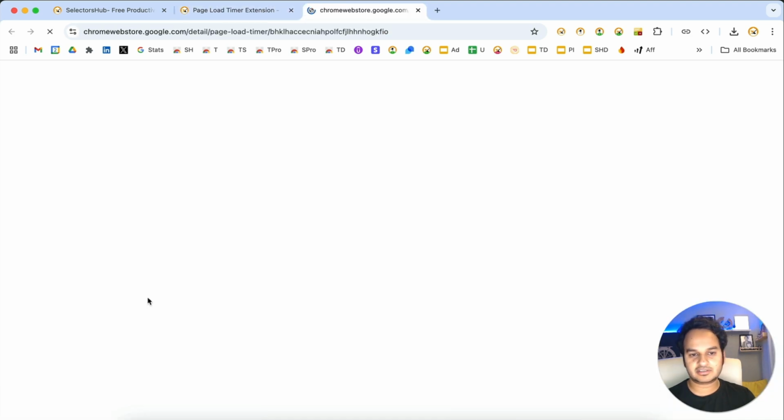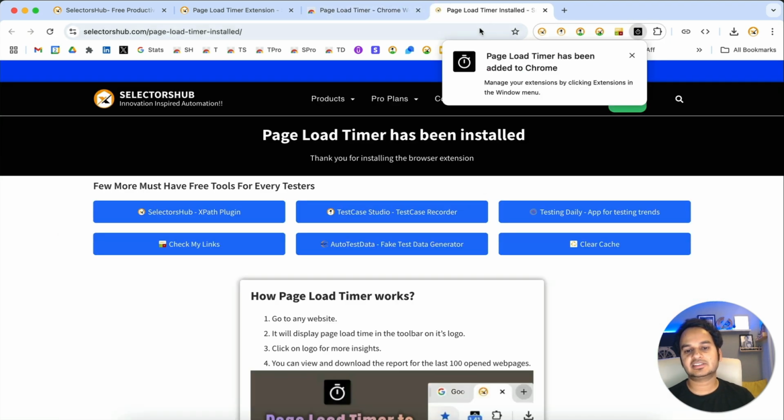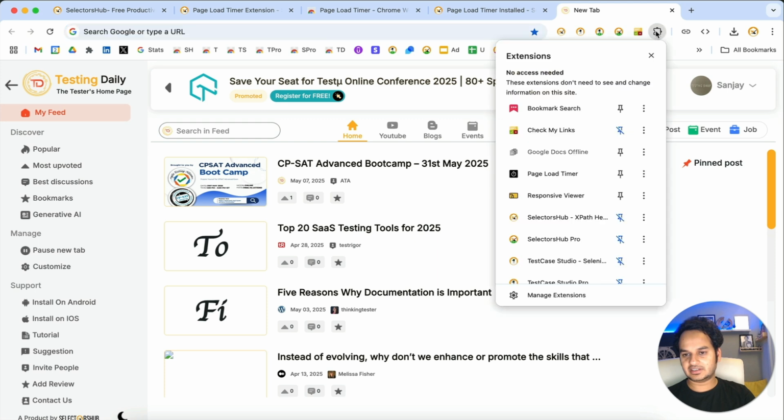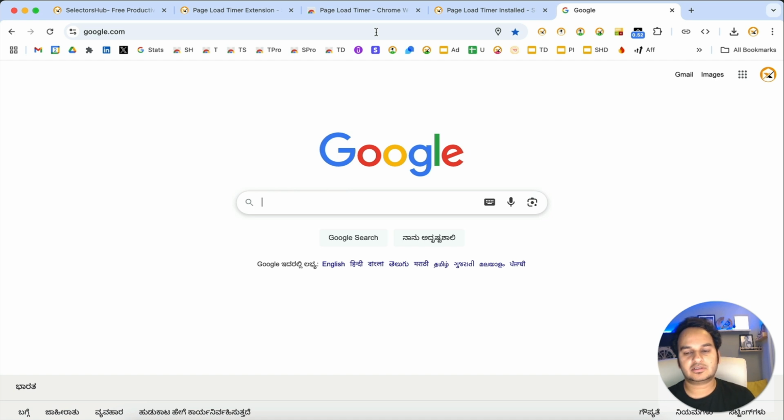You can install it here. Click on add to Chrome, add extension, and it got added here. And now of course, again, you will have to pin it to the toolbar, pin. And now open any website, let's say we open google.com. So you see